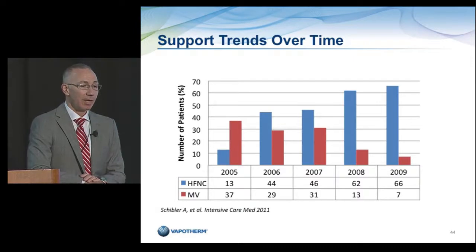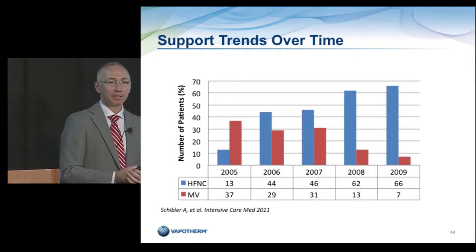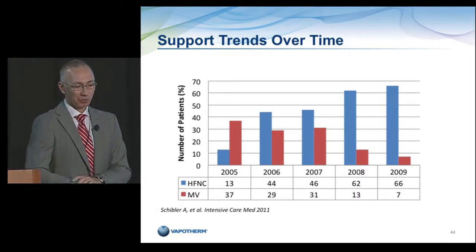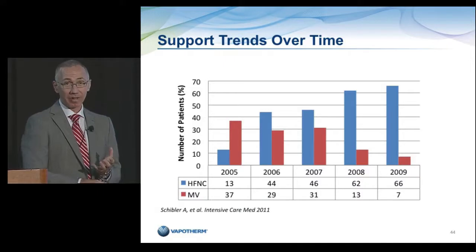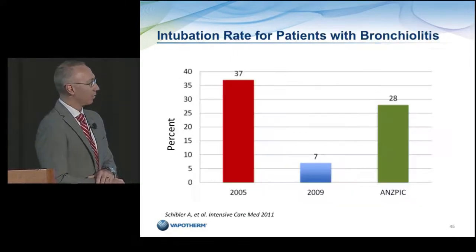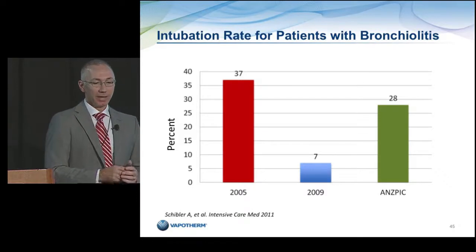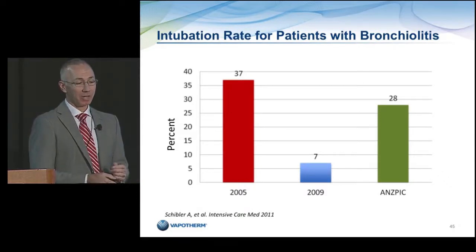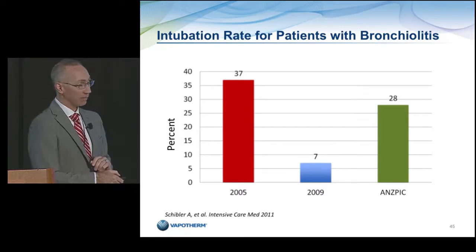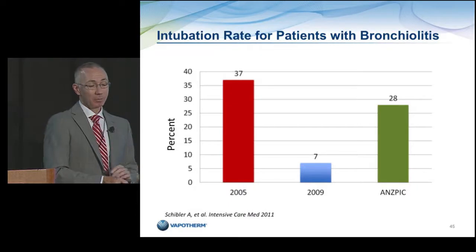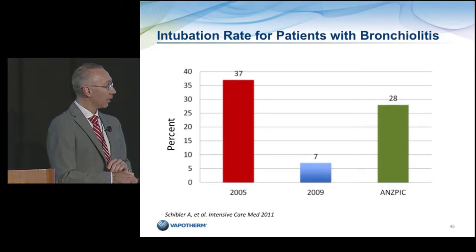in that unit. Now, one might say that's just the effect of time. Perhaps that's just how medicine advanced over those years, and that doesn't reflect the effect of high flow cannula. But the investigators then looked at a contemporary sample from the Australian and New Zealand Pediatric Intensive Care Consortium, and looked at all the other units that were practicing without high flow, and those units had a substantially higher rate of need for intubation and mechanical ventilation in a contemporary sample. So I think it's fairly safe to infer that the effect that was seen here was a gain from